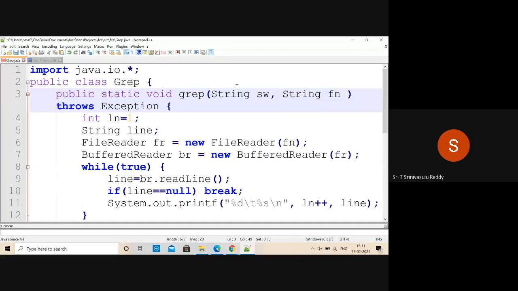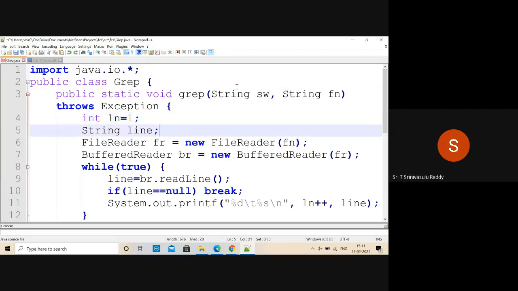This is likely to throw an exception, because whenever it fails to open a file, that is likely to happen. If you want to display the line along with the line number, you can have a count of that. So let us also have a count and then display the line number along with that, so that it gives some more idea, right?